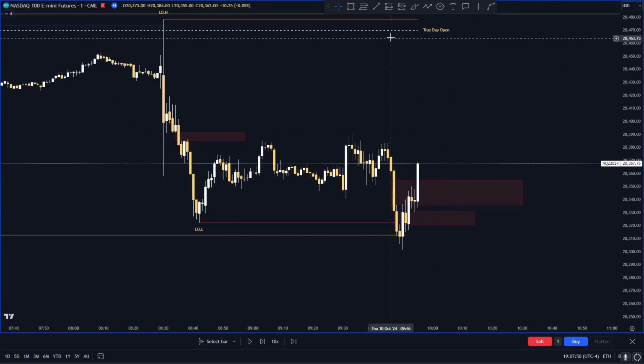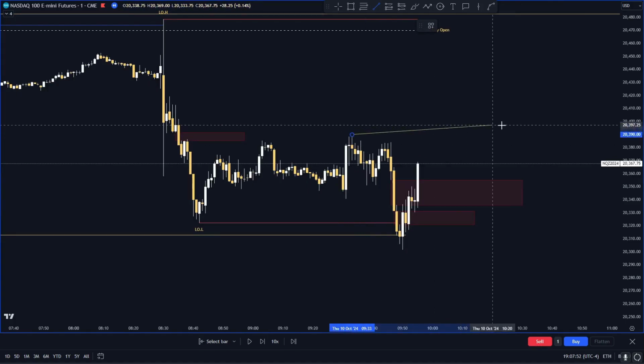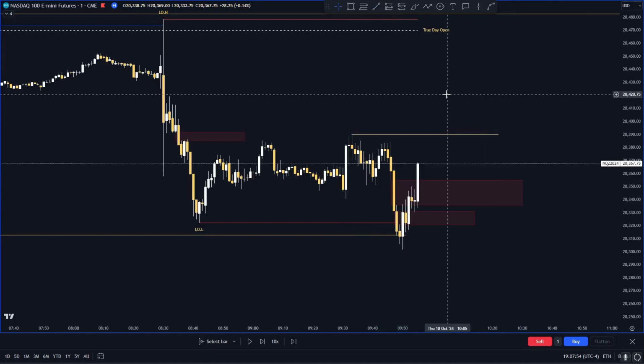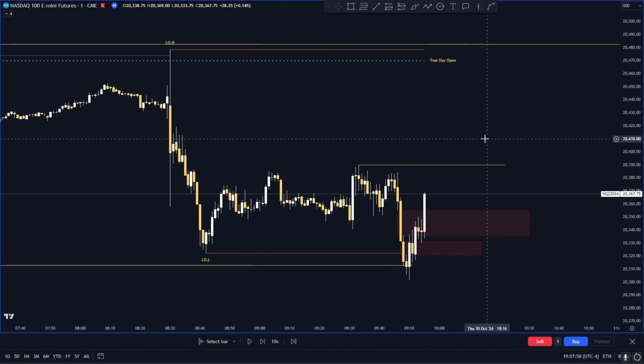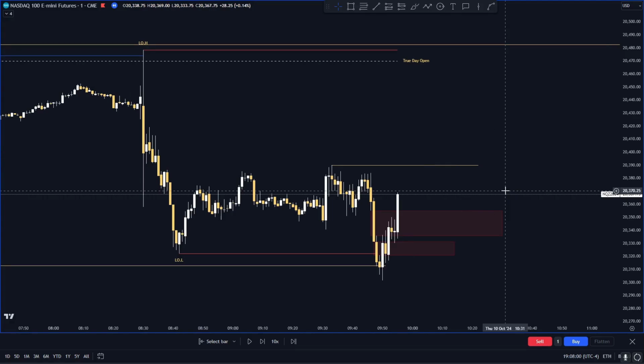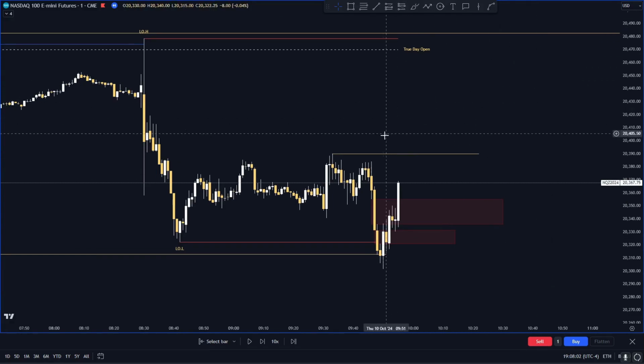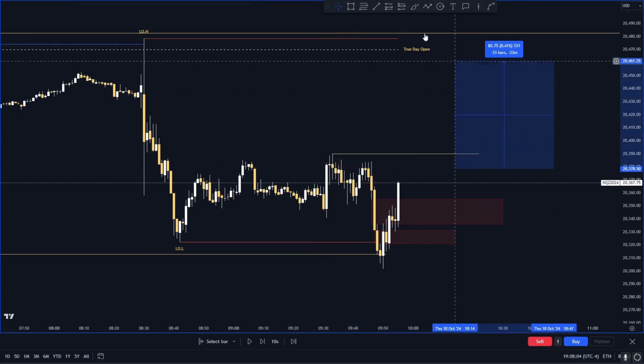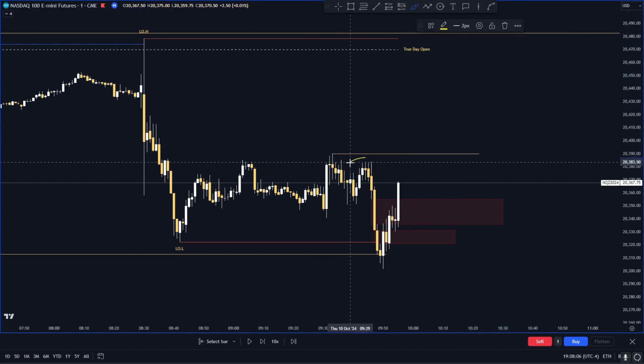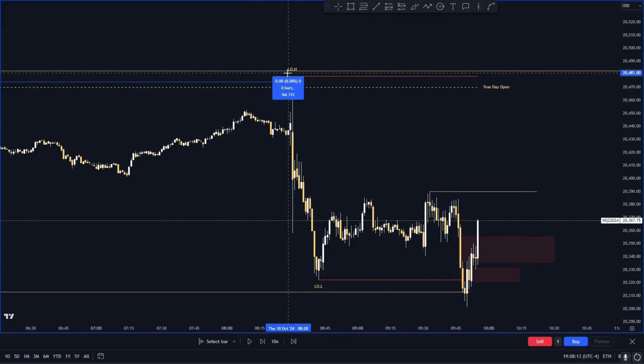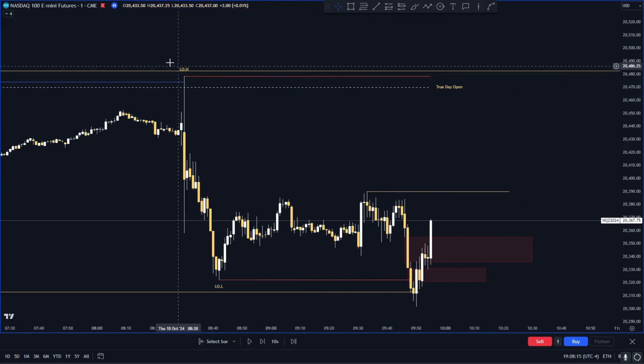we need to mark out possible draw on liquidity. Where can we ride the trade into? You guys need to plan this out beforehand. Where are we riding our trade into? So the possible nearest draw on liquidity is the swing high. Why is this important? It's because there are a lot of relatively equal swing highs that we could target. And ultimately, our main bet would probably be this wick right here,